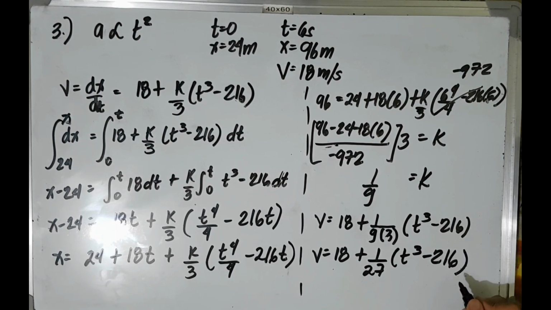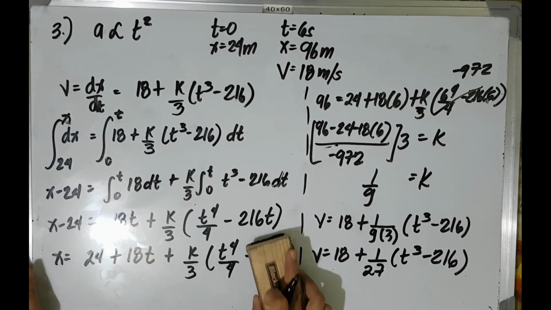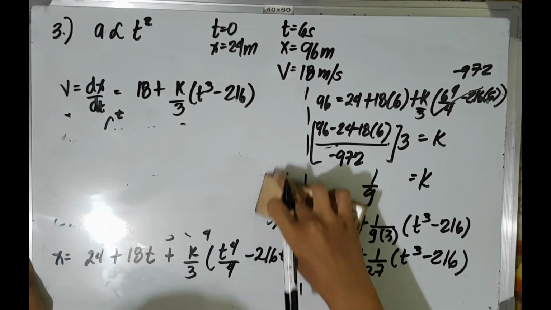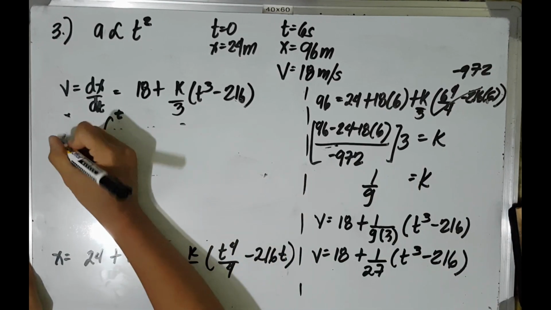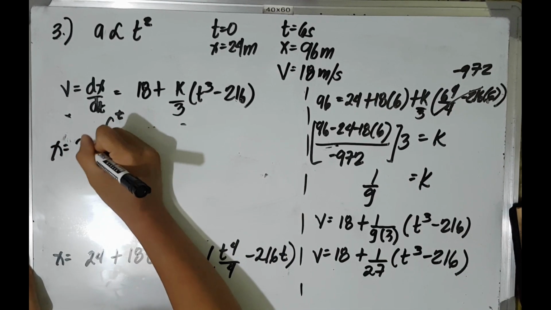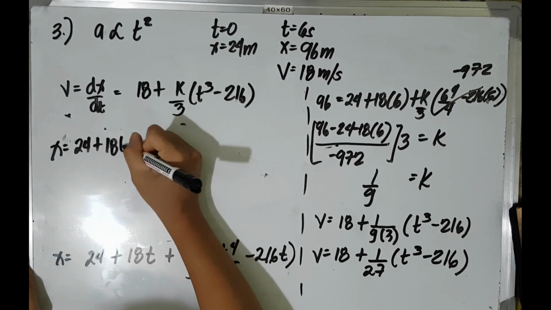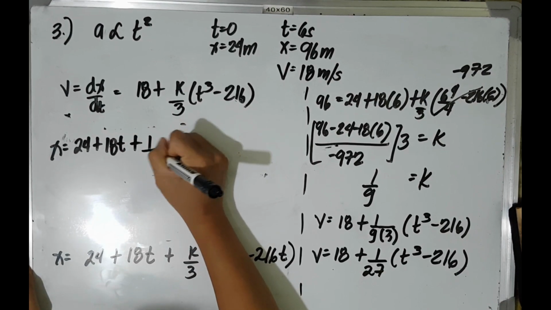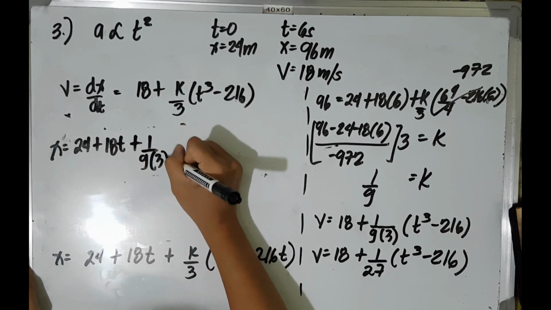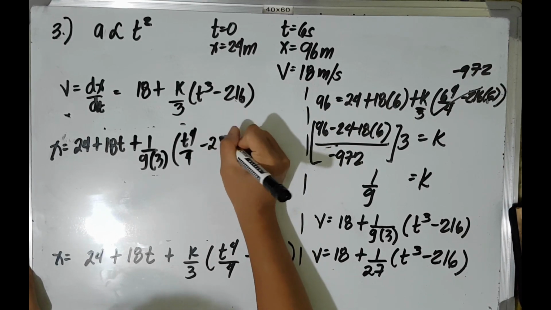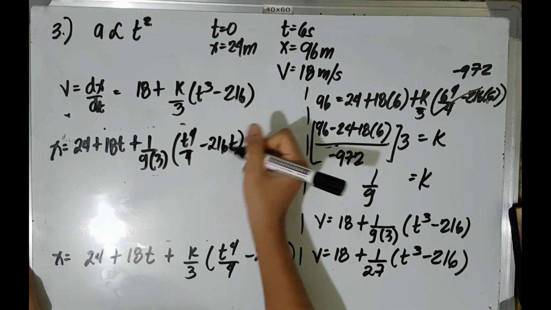So for x, we will use the equation that we have a while ago for x. So 24 plus 18t plus yung k is 1 over 9 multiplied by 3. So t raised to 4 all over 4 minus 216 of t. Further simplification,